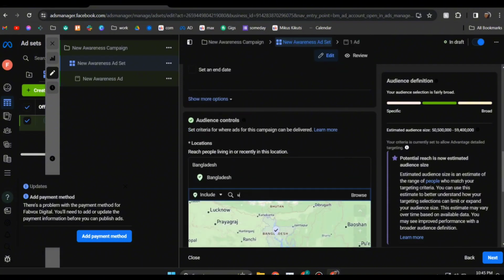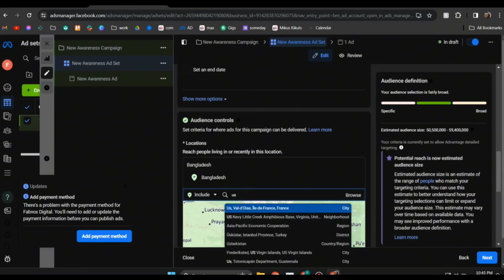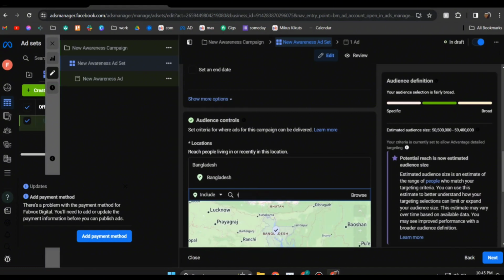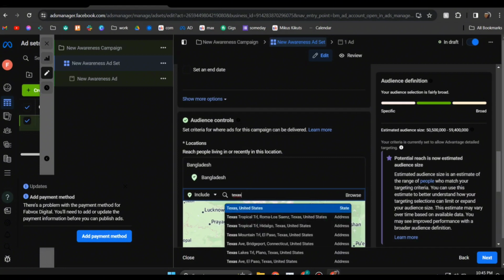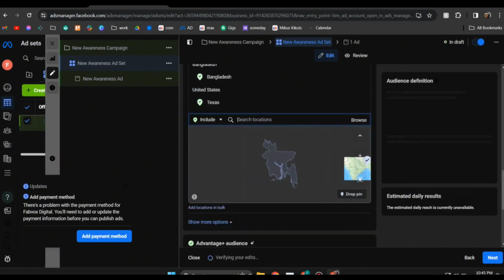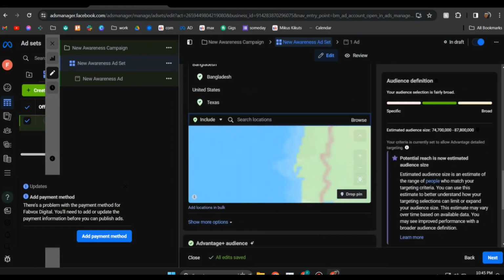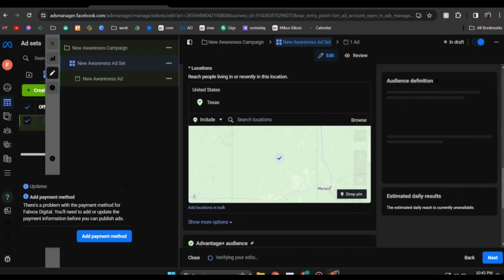and then as you can see that it says search location. So let's say US, but US is a very big thing to target. Let's say you are targeting Texas for now. So you click on Texas and then select all of the details and everything, like here. Let's say we want it in Texas. Yep, right over here, and we want to remove Bangladesh, and then we click on next, and this is how